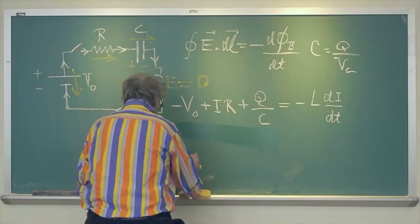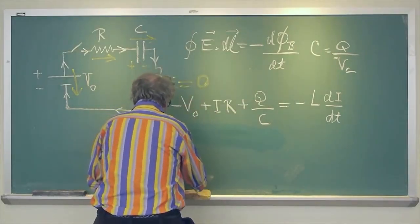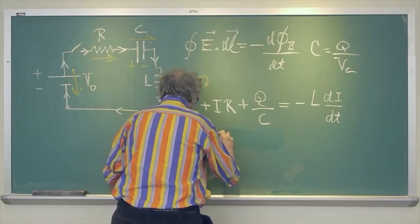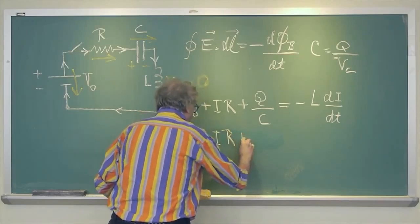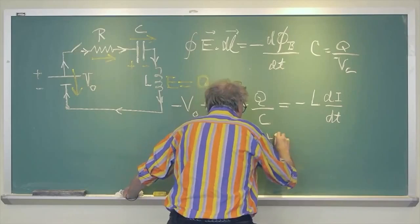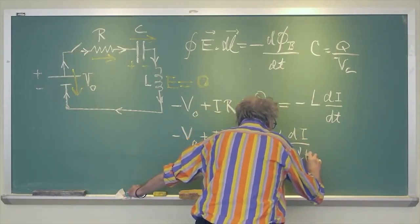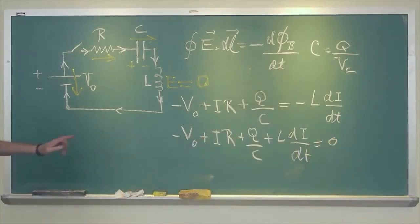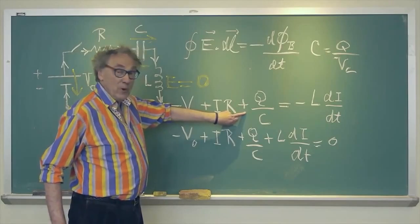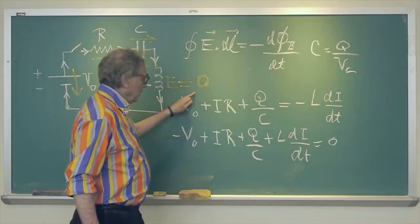They write in their book, minus V0 plus IR plus Q divided by C plus L di/dt is 0. So this is the honest way it should be written, according to Faraday's law, and this part is